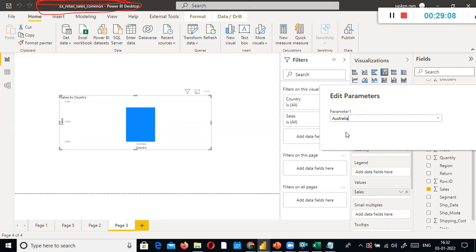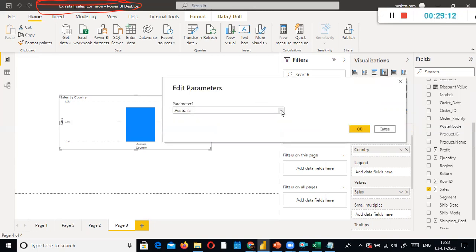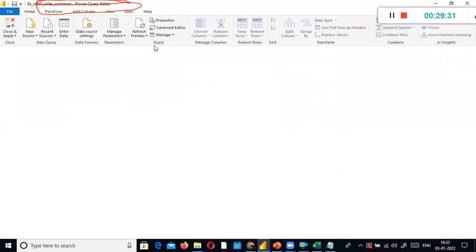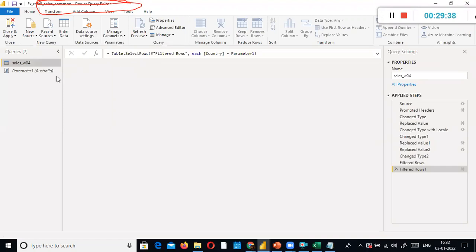If I select another country which is in this list, the user can view only these 3 countries' related data. So this is one way of restricting the users. The next question is, we have another type of parameter. See, with the first parameter, whatever country the user types, they can see the sales in the visual.